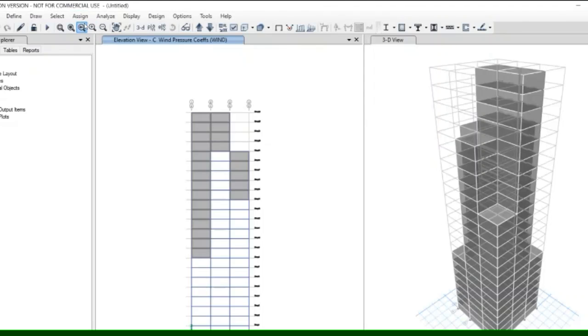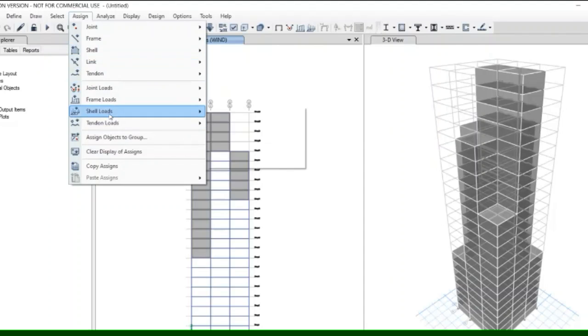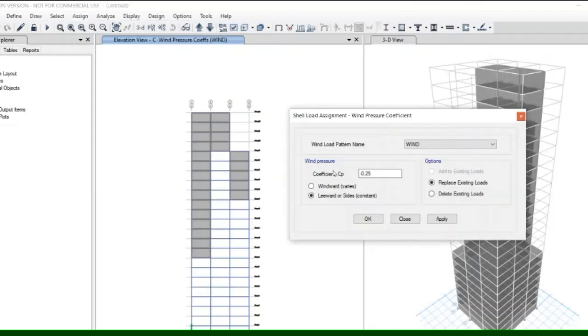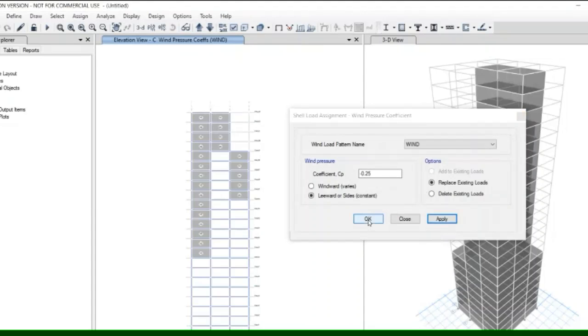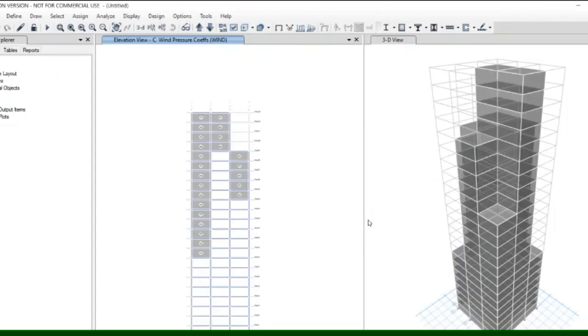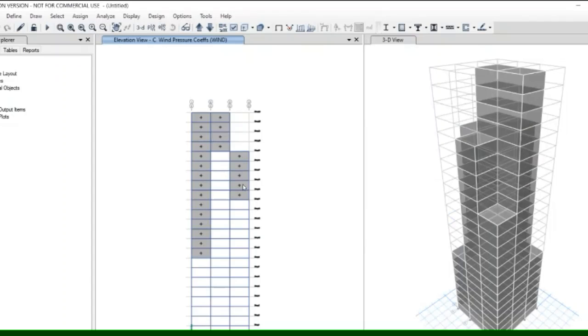Go to assign, wind pressure coefficient, and type 0.25 leeward, then OK. Load applied.